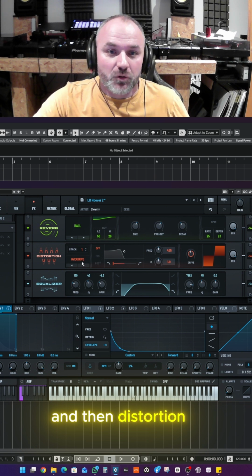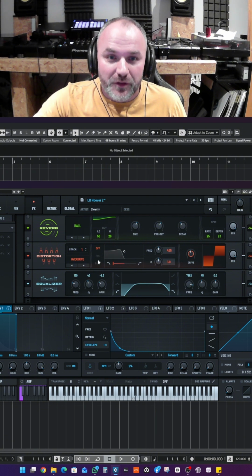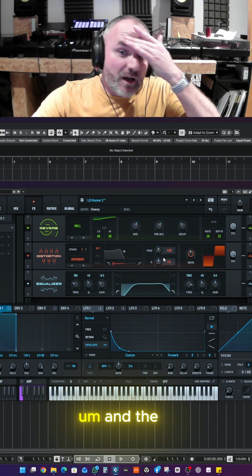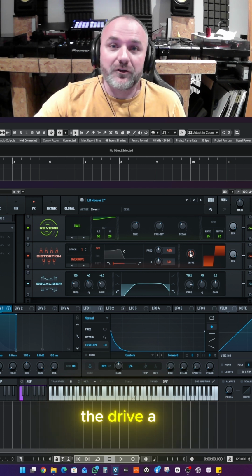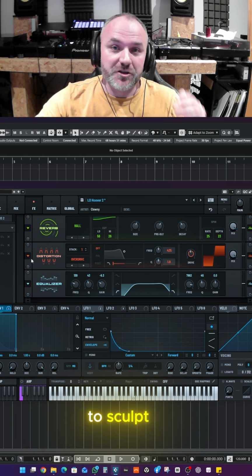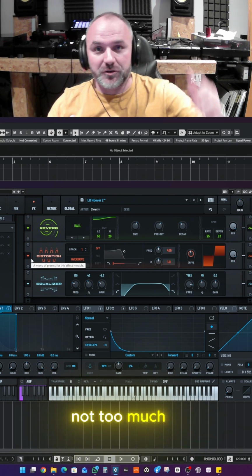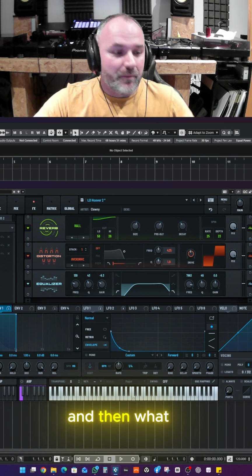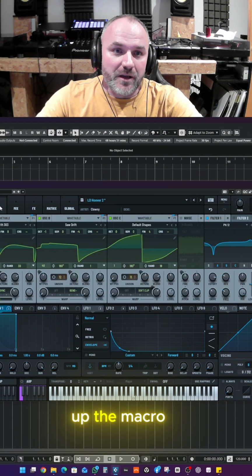and then distortion on that reverb, which is the overdrive, set to off, and the frequency and the Q haven't been touched. So all I've done is turned down the drive a little bit, left the mix right up, and then EQ again just to sculpt that reverb sound, just so there's not too much high, not too much low coming through. And then what that does, as I turn up the macro,